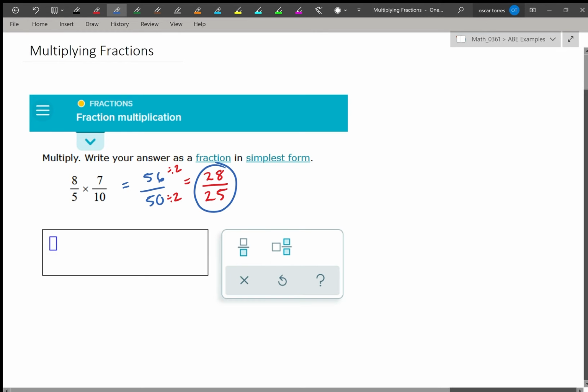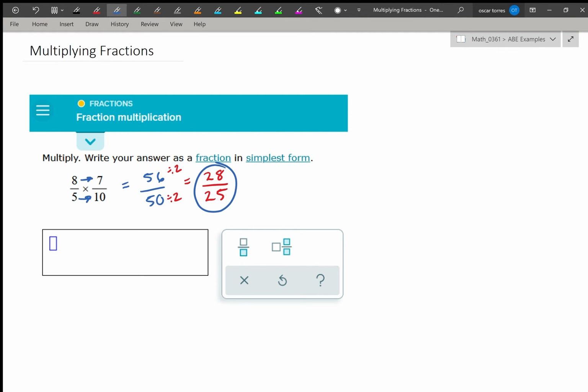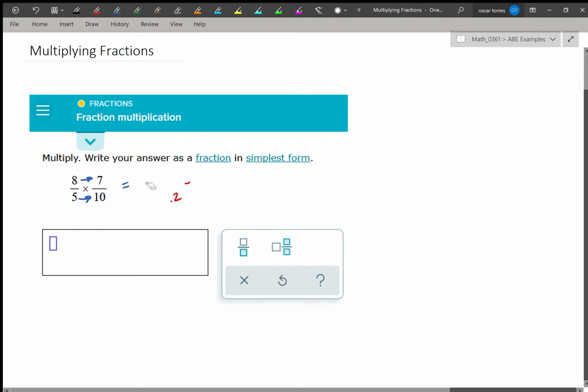So when we multiply fractions, we're always allowed to do that. We can literally multiply all the numerators together and multiply all of the denominators together and simplify the result. This video is not going to focus on that method simply because you're going to come across a lot of problems where you're going to have multiple fractions, and this is not going to be the best approach to solve those problems. So I'm going to erase what we just did, and I'm going to explain an alternate way of